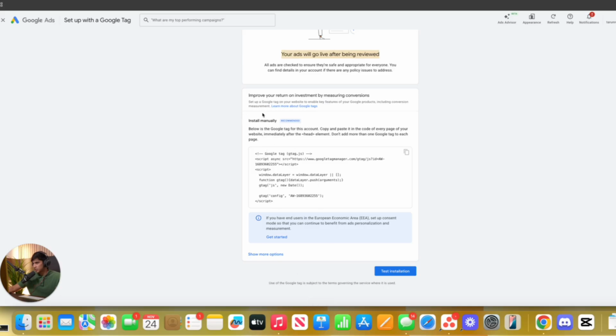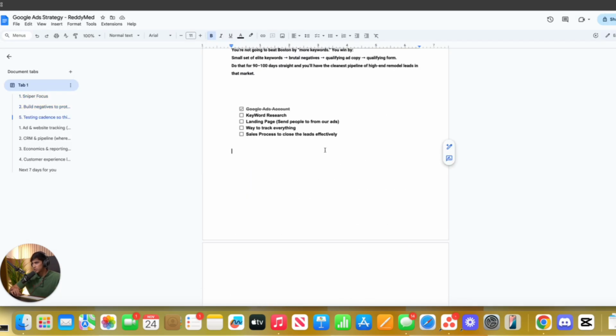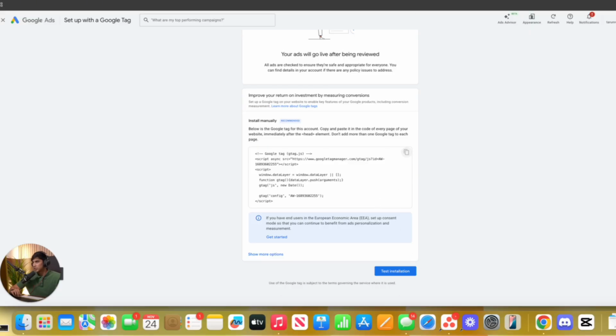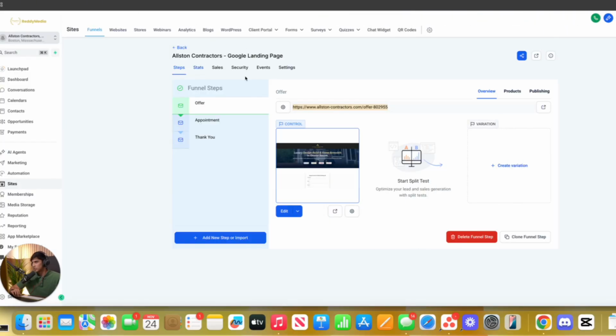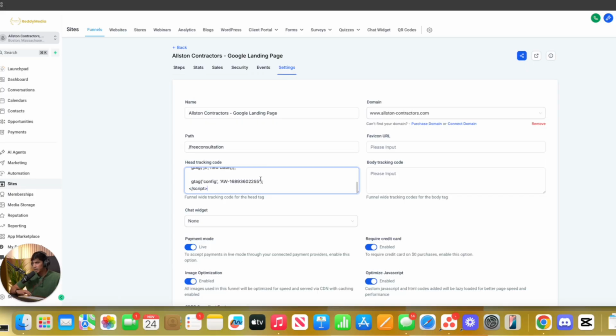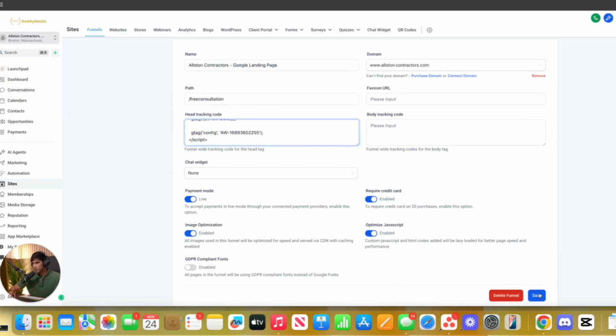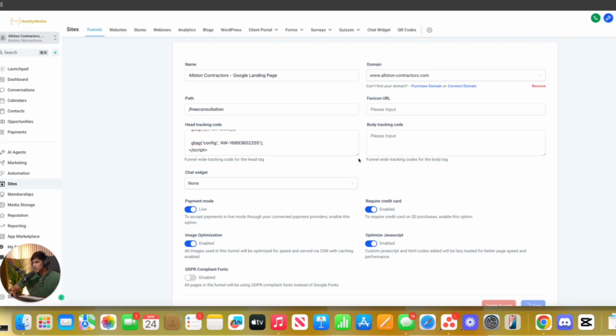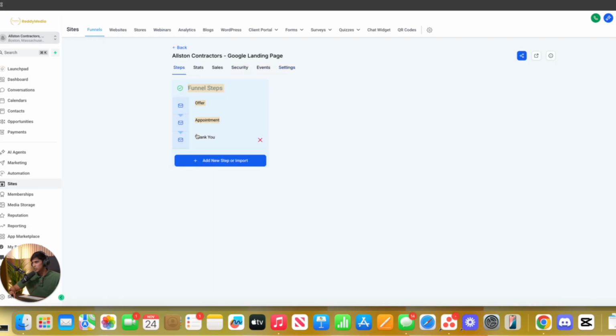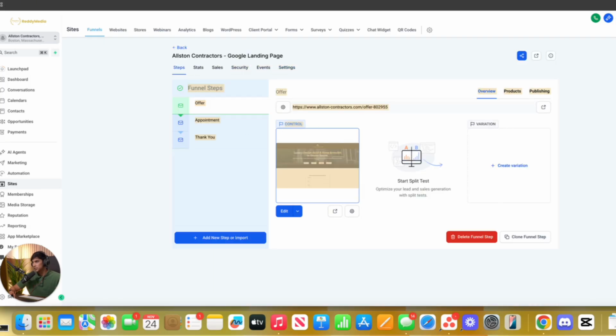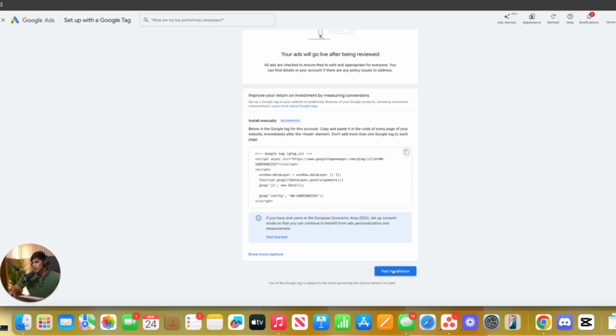Awesome. Now this is where we need to actually track the conversions, right? So that was part of our Google Doc here. You can see we did our keyword research, we have our landing page, and now we need a way to track everything. So let's go ahead and figure out how to do that. So in our case, we're going to basically paste this head tracking code here, and we're going to click save. And basically this is just allowing Google to have a way to understand what's happening when people land on this page. So now if I come back here and I click test installation,